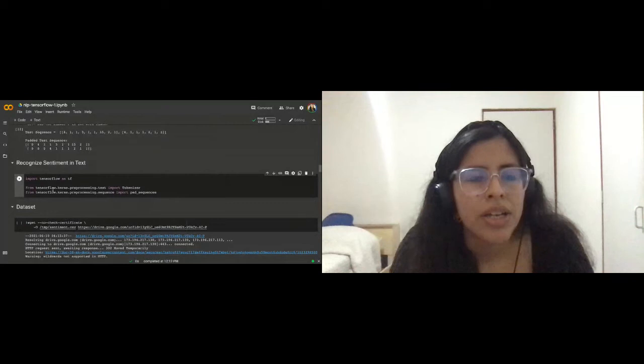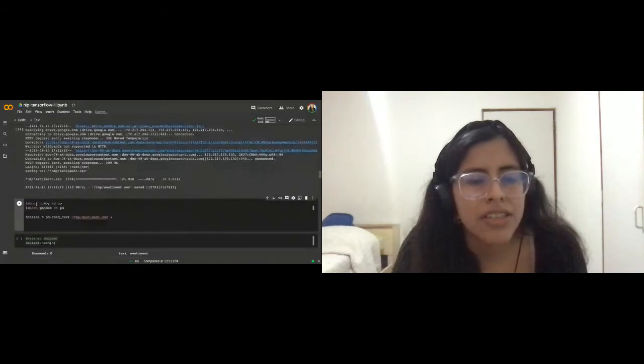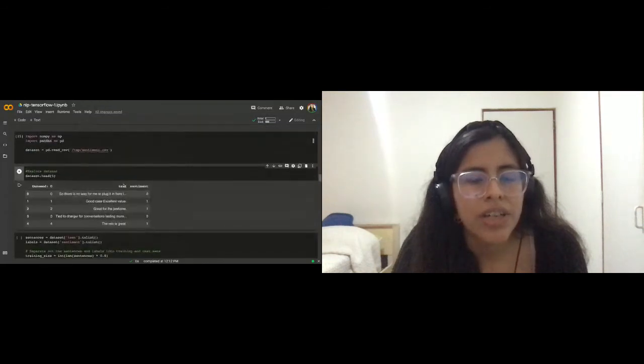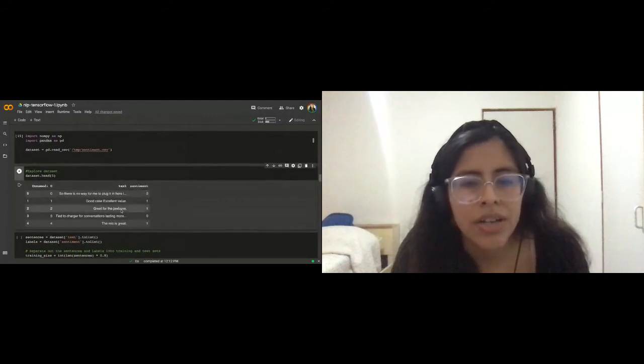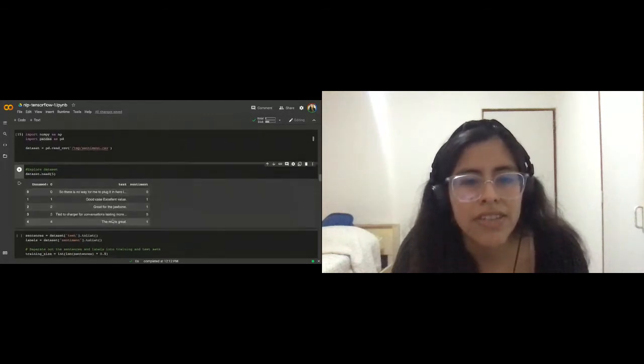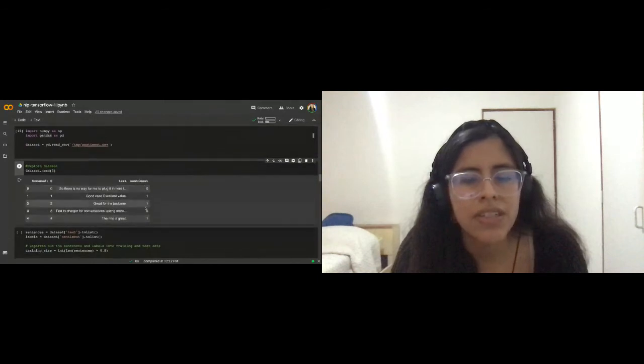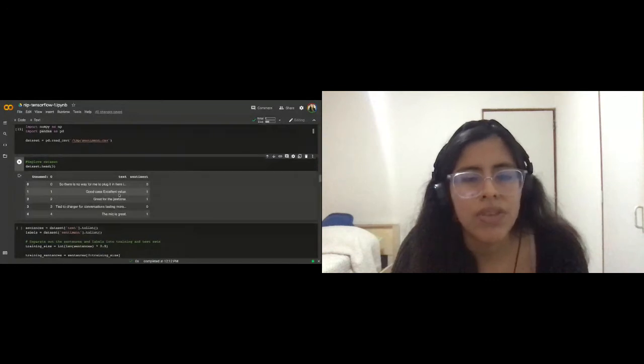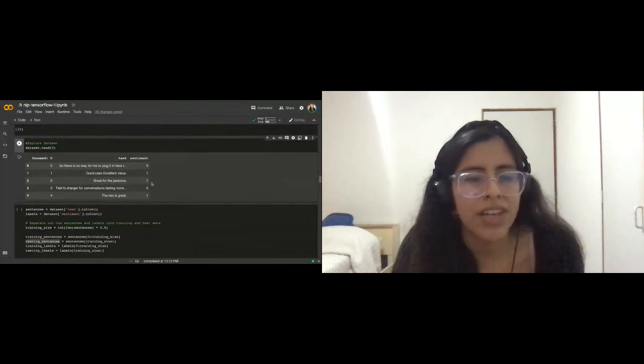This is the dataset. I'm going to import it. Okay. And then it's a CSV. Let's explore the dataset. Well, you see 2 columns. One column is for the text, and the second column for the sentiment, 0 or 1. 1 is a good review. 0 is a bad review. Very easy, right?